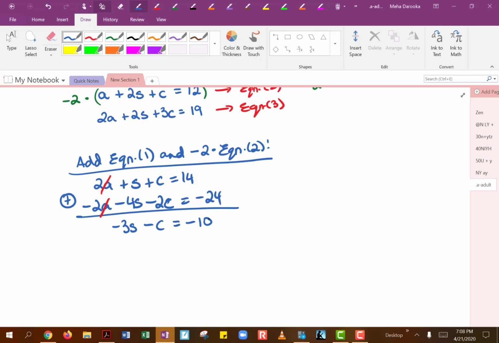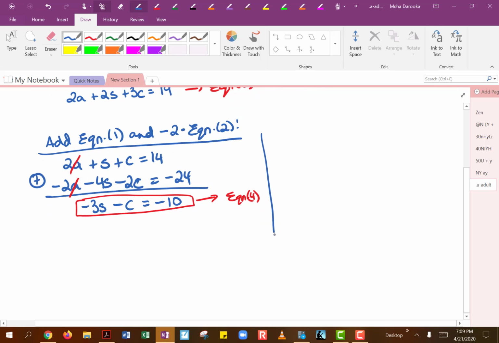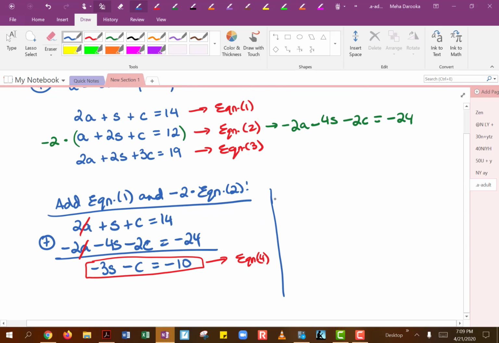Okay, so let's see what we will end up getting. Let's call this equation 4. Now, since we used equations 1 and 2, let's go ahead and add equations, maybe 1 and 3. So same thing, we'll add equation 1